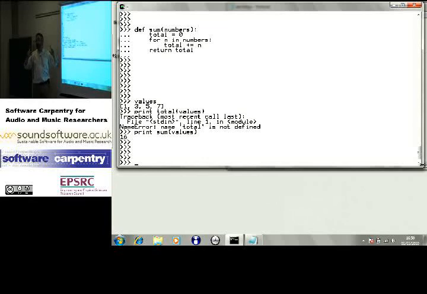The rule you always want to follow is values in, value out, no side effects. It doesn't rely on anything outside, and it doesn't modify anything outside. There are times when you break this rule. We will break this rule this week. Okay? But that's your starting point. If you break the rule, you better do so for a good